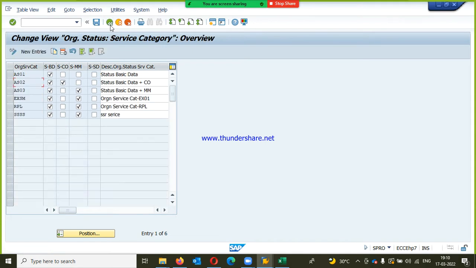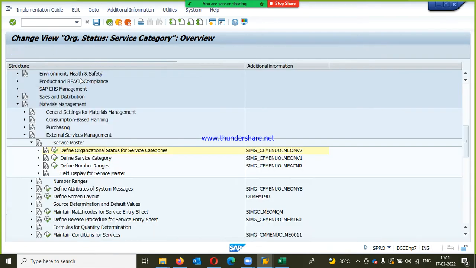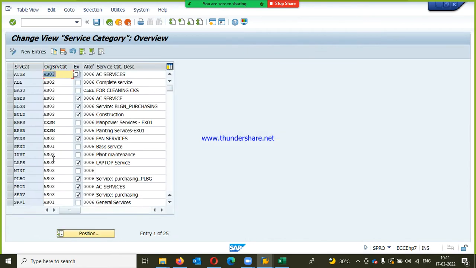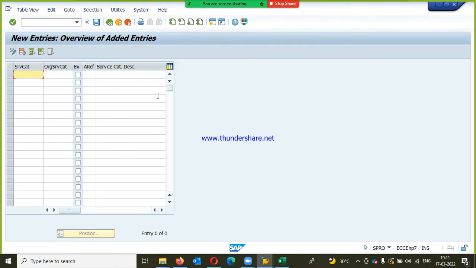Okay, next, this organization service category I'm going to use in service category. I'll show that one. Come back and click on define service category. T code is OMV1. Okay, here new entries,